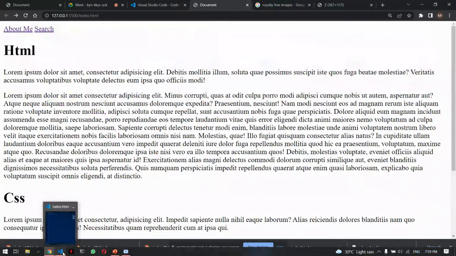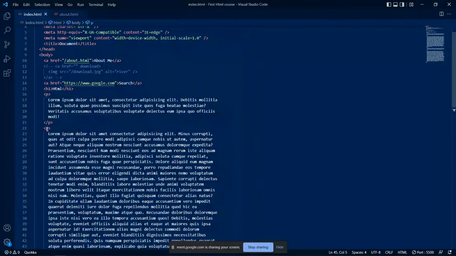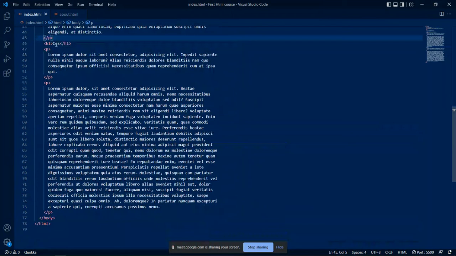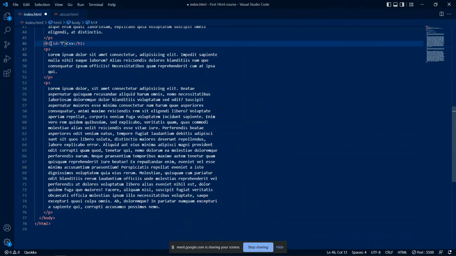So what we can do is we can use an h tag here on the CSS, and where's that? That's it here. And we can say well, let's give it an ID. I meant an ID attribute, and let's just call it CSS actually,